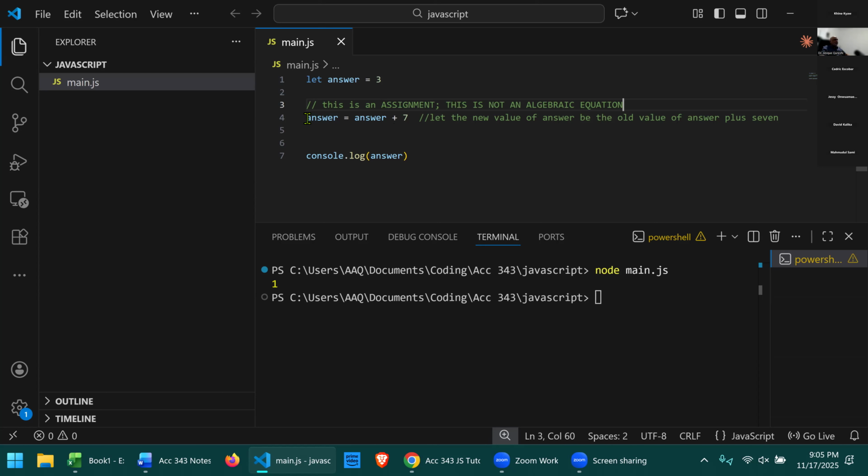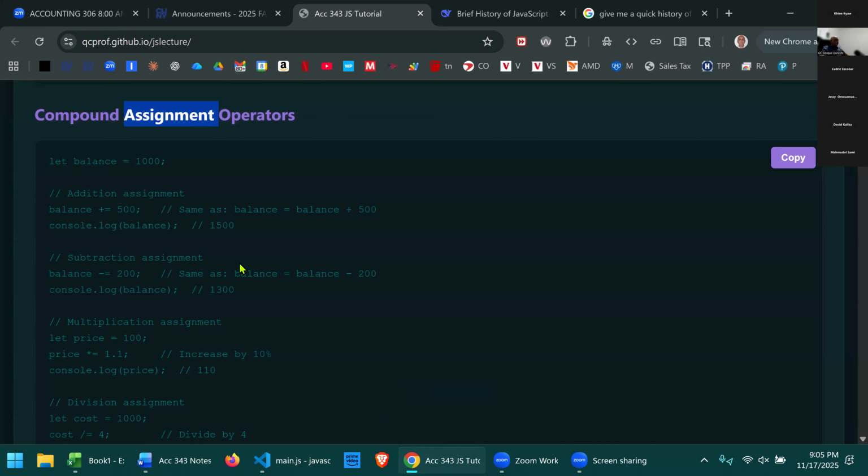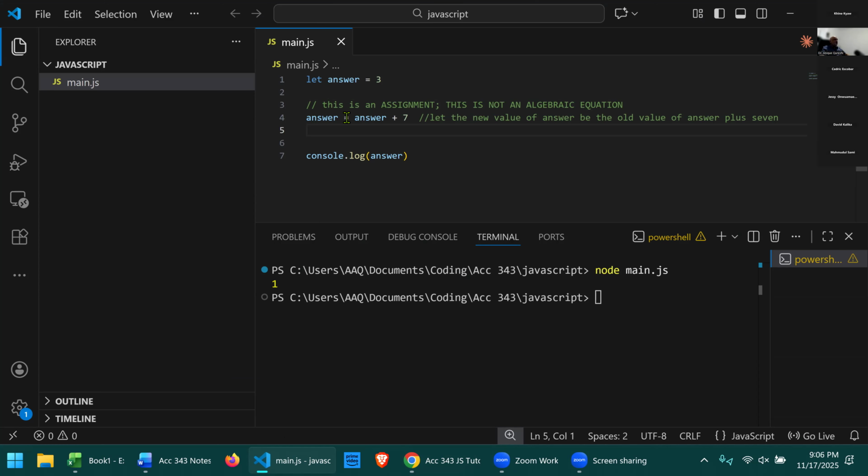Now, there is a shortcut way of doing the same thing. So if you look up here, balance is equal to balance plus. So in programming, we do something like this all the time. Assignment is done all the time. So this is the same as saying